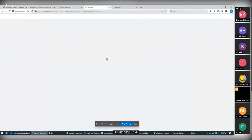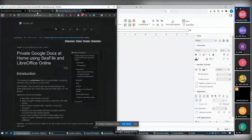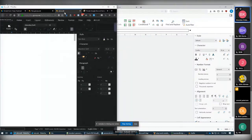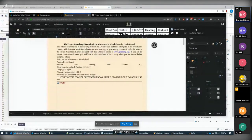Let's see if this works. Oh, okay. Huh. Okay, let's try the other browser with my different profile. This is going to be a whole presentation of failures. I am excited about these products, but this is definitely not for people who, this isn't your first server build project. I have no idea why the other browser environment with a different profile wouldn't load this document, but